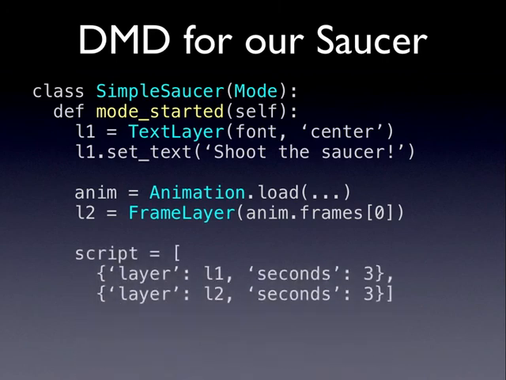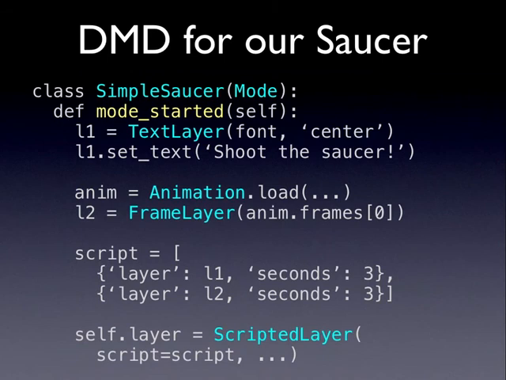We're going to create a script. And a script is an array of dictionaries. Each dictionary has a layer key and a seconds key. The layer indicates the layer that we just created, and the seconds indicates the number of seconds to show that layer. And then with scripted layer, we're going to pass it that script. And the point of this is we've just made a slideshow, essentially. It's just going to send